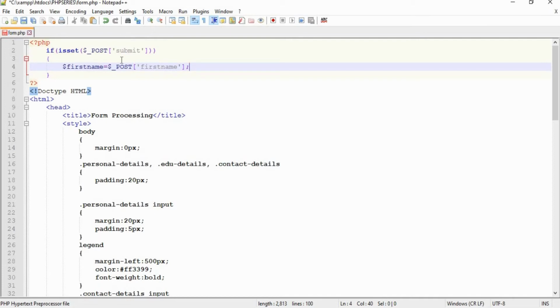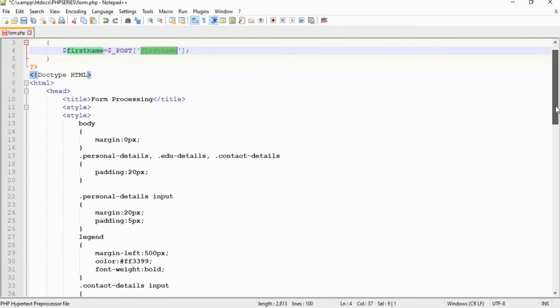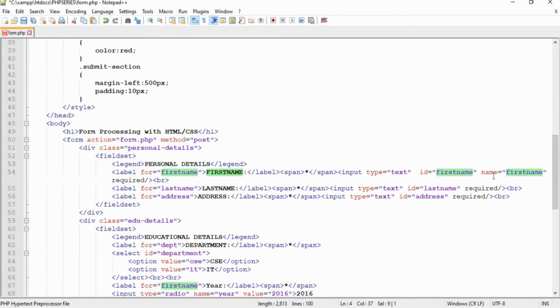Out of these three, to retrieve a value directly from the form control, we have to use the array $_POST of. The value you are using here should be the value of the name attribute of that particular field. For example, this is our first name field, right? Inside this input tag, I am having the attribute name, which I have given as name is equal to first name, right?